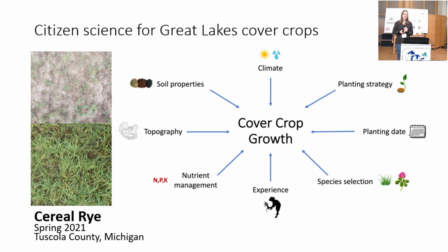So they were taken in the same county. We used the same planting method, the same planting date. And you can see really different levels of cereal rye in the spring. And this might be a common experience if you use cover crops on your farm. There's variable outcomes. And so my PhD student, who's pictured here, Etienne Sutton, she's leading some work that we're doing